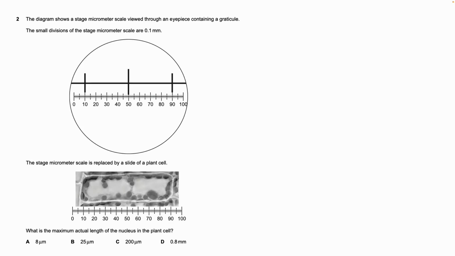Question 2. The diagram shows a stage micrometer scale viewed through an eyepiece containing a graticule. The small divisions of the stage micrometer scale are 0.1 millimeter, and here we should know to identify which is stage micrometer and which is ocular meter. They ask, what is the actual length of the nucleus in the plant cell? So before identifying all these things, we should calibrate the stage micrometer with the ocular meter. The top line shown there is the stage micrometer, and the bottom scale